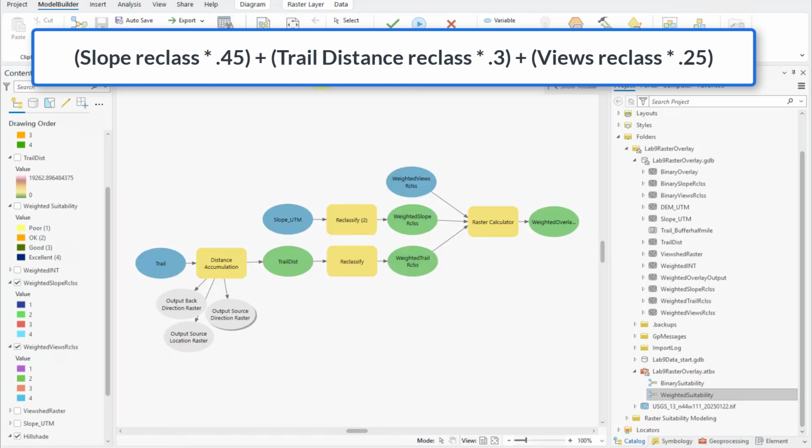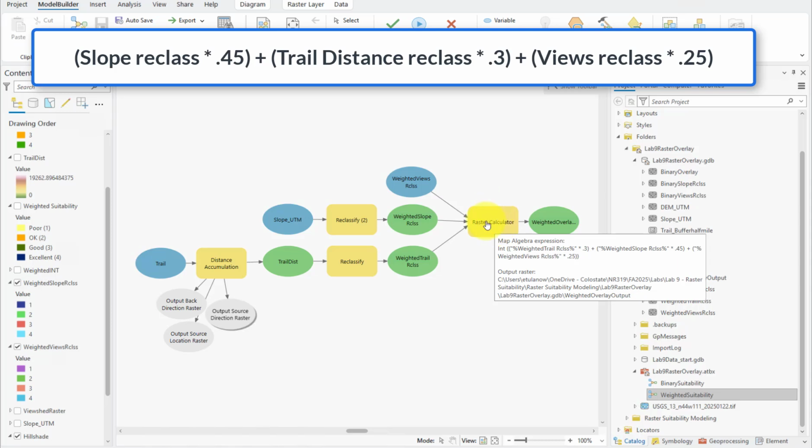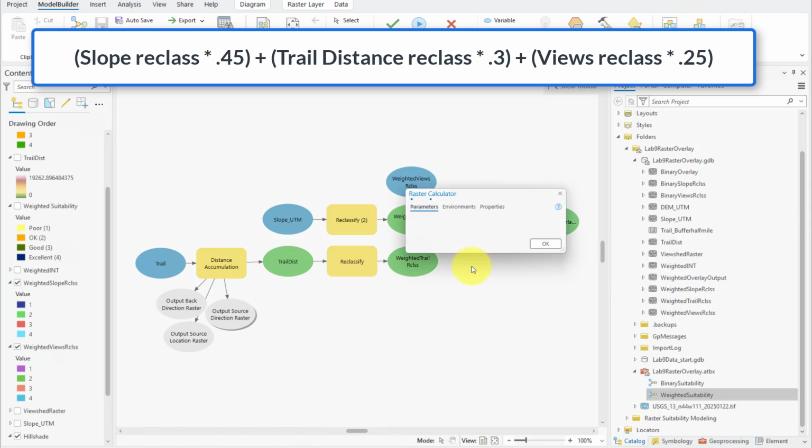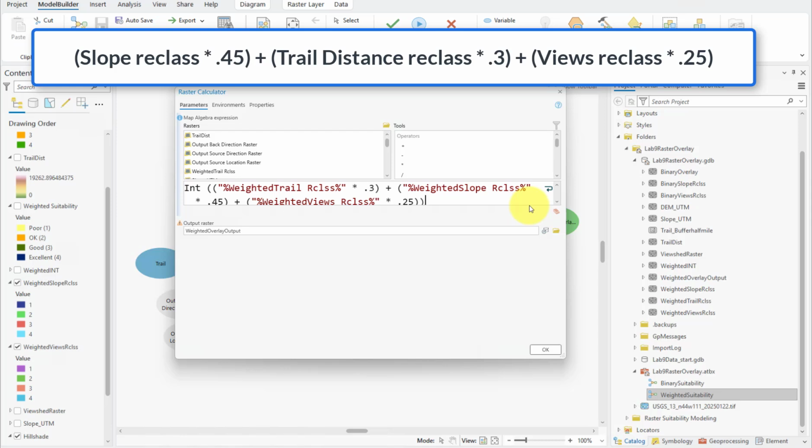And we can implement this in Raster Calculator. So I'm going to go into my Raster Calculator tool. And this is our formula. Each layer, each raster layer, gets multiplied by its weight or measure of importance. And then that product is added to the other ones. To build this,